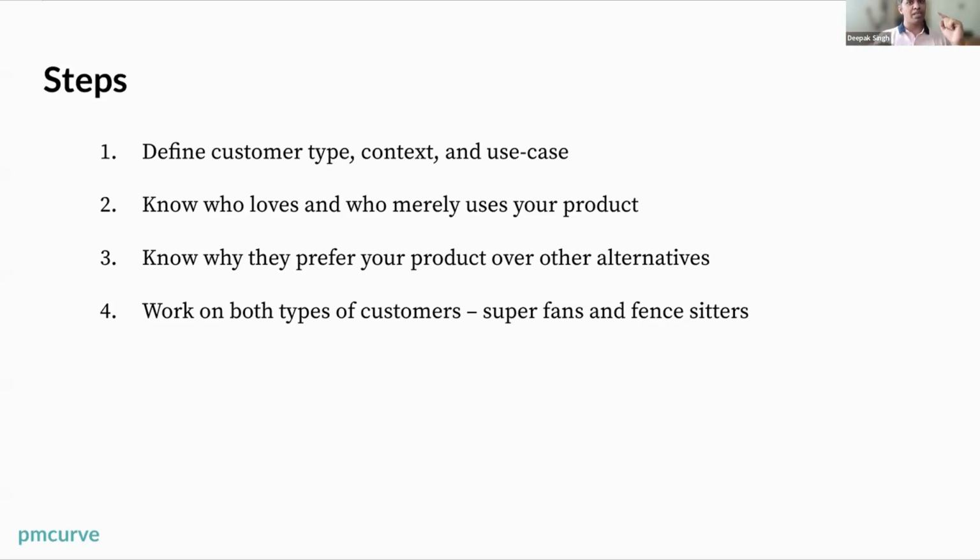So that's one persona. The second people who love it are the people who are insecure in their current jobs. They're good, but they have this imposter syndrome, and they come here so that they can cure that imposter syndrome, which they falsely believe, that they're not good enough for the job, or not killing it in their jobs. So those two people love the product. I also know people who merely use the product, like the courses that I teach. These are the people who have come through referrals or their manager told them to join this course. But a lot of them actually merely use the product. They don't love the product.